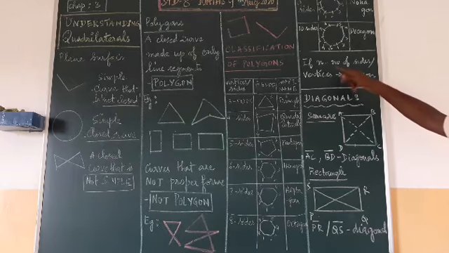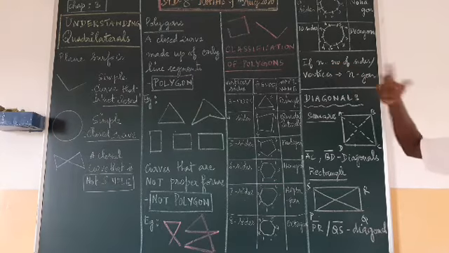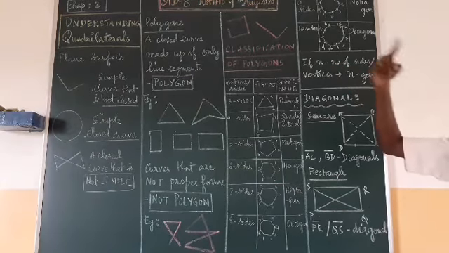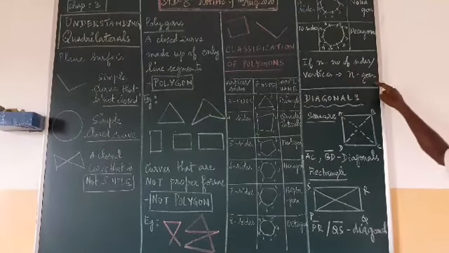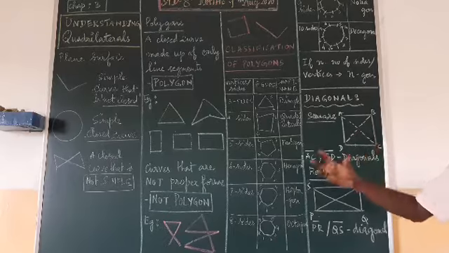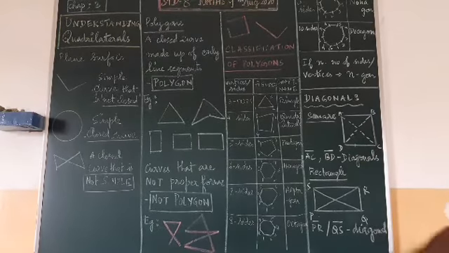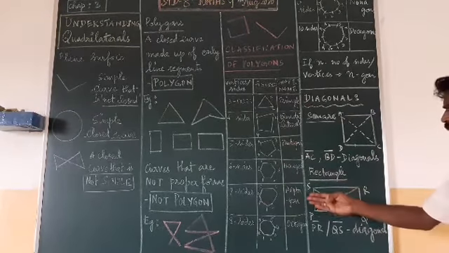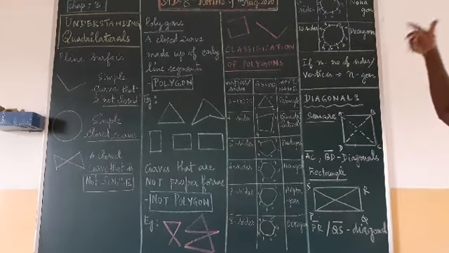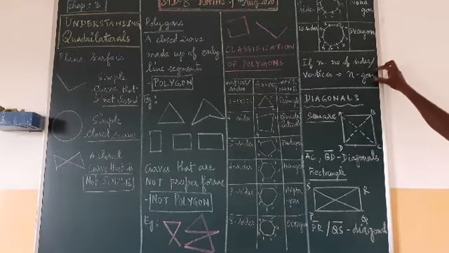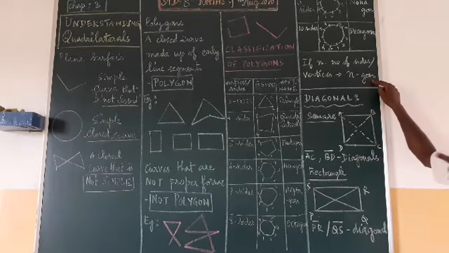If the number of sides increases, the number of vertices increases, so you will generally write it as n-gon. That means depending upon the number of sides, the word gon will be added. Seven sides means heptagon, eight sides means octagon, and like that, 11 sides, 12 sides. Depending upon the number, n number of gons will be added.